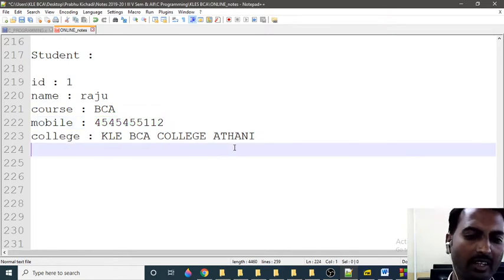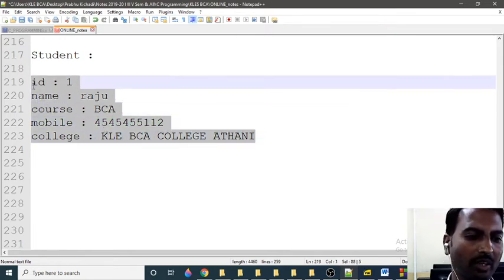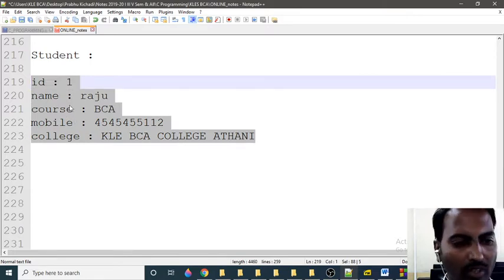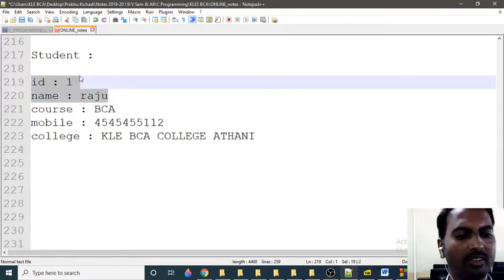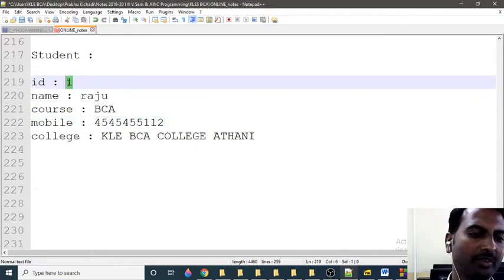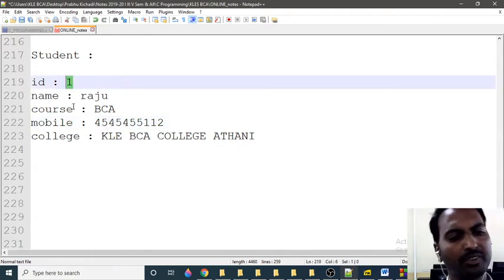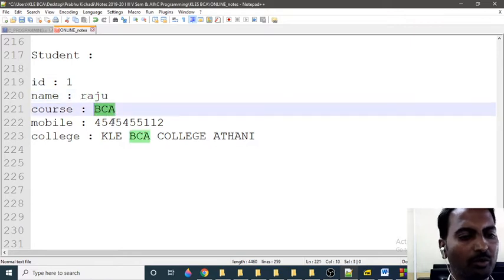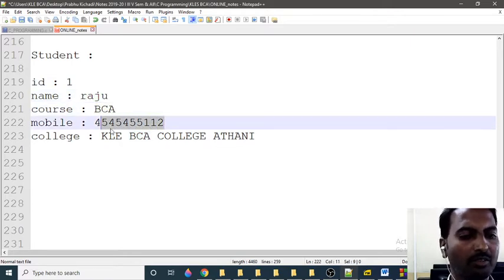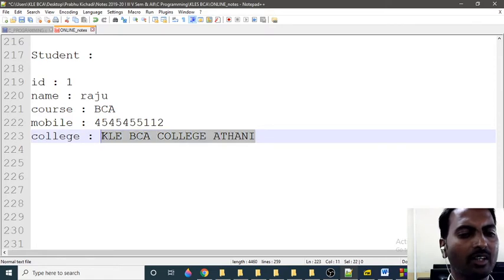Then I can say that this is one perfect student. If there is no value for some attribute, if there is no id, there is no name, we cannot say that this is a student. Hence data is nothing but a piece of information. One is a piece of information, Raju also is a piece of information, BCA is also information, this number is also information, this character is also information.